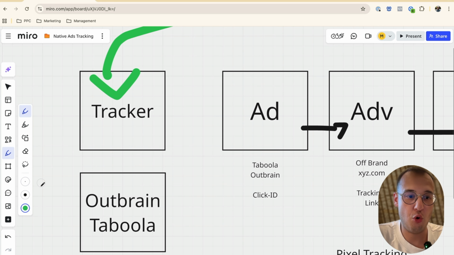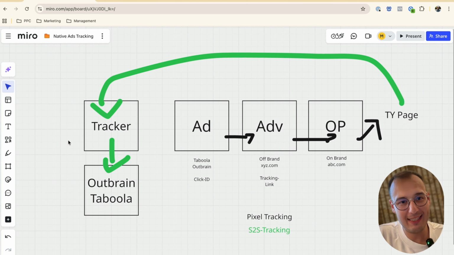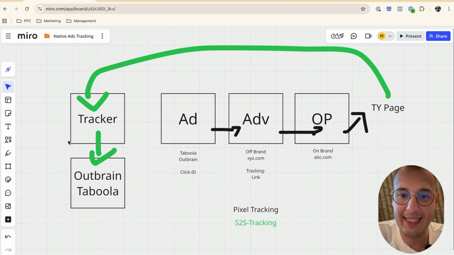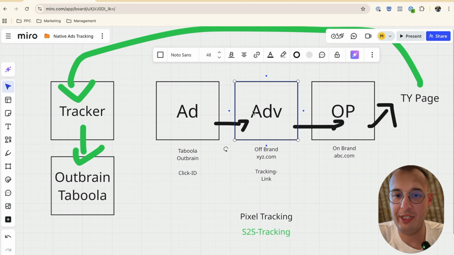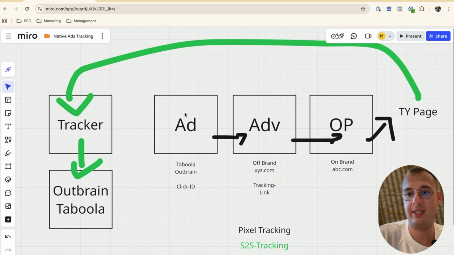This is the correct way how it should look, and you see already, even though it's just a simple explanation, it starts to get a bit messy and confusing, especially when you have different infrastructures and you need to pass all this information.